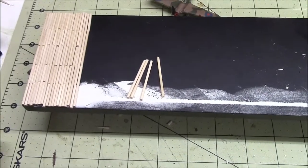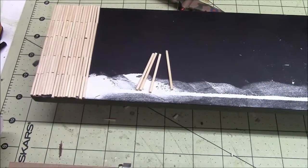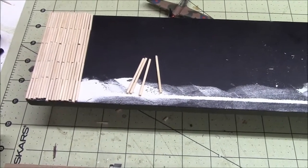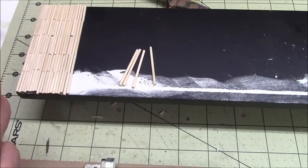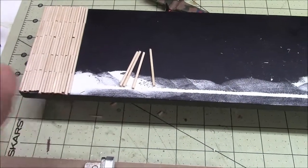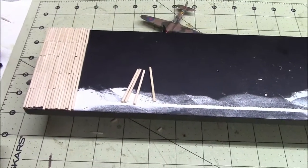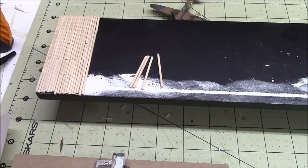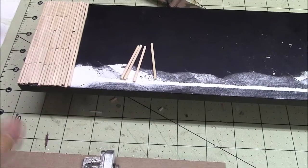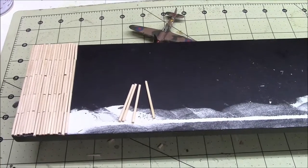So I think that's going to be it for this video, because I don't want to make these videos too long. So I'm going to cut this video off here. I'm going to go ahead and post it. And then once I get these stained and glued in place, that's where I'll come back and show it to you. And I'll show you how I stained them, which is really I'm just basically going to use a wash to stain these, to get them kind of a grayish color, and then do a little bit of weathering on it,